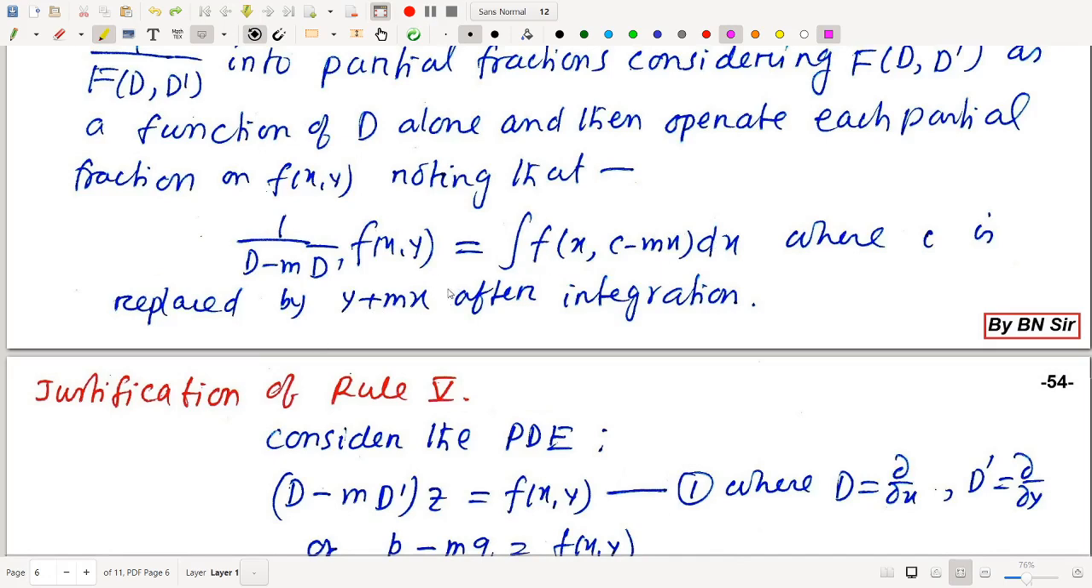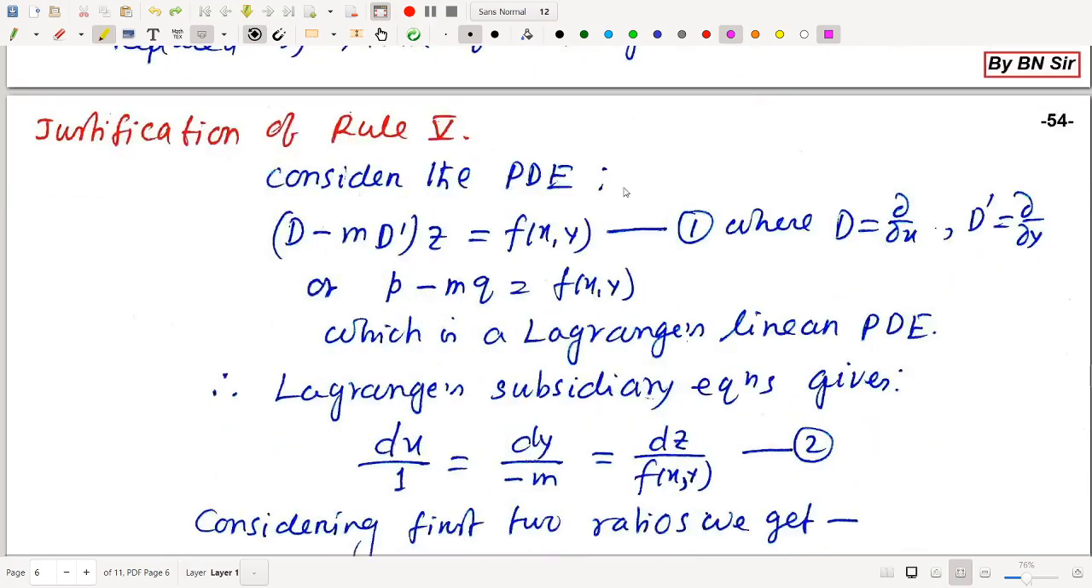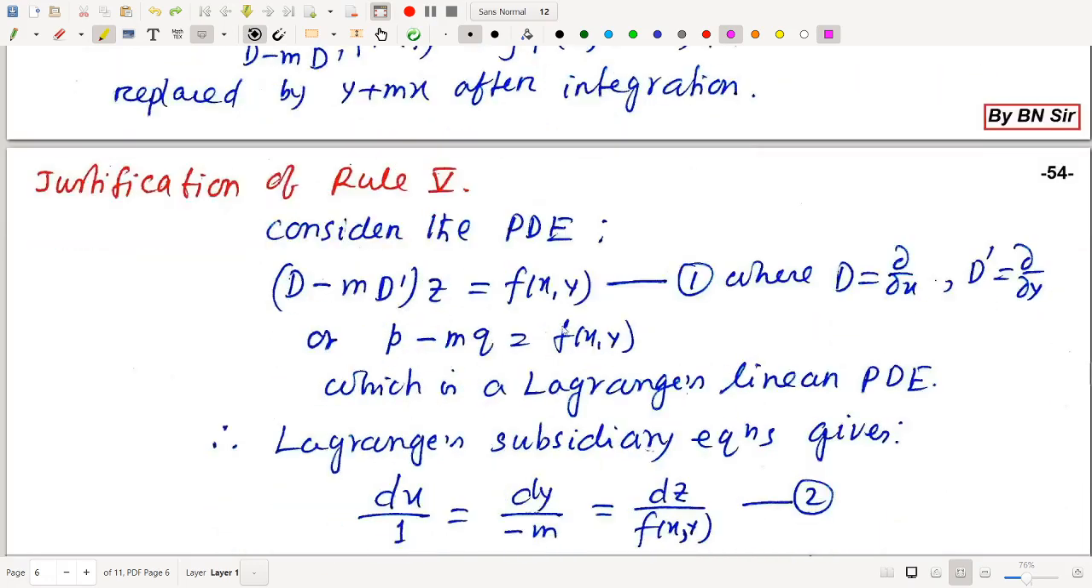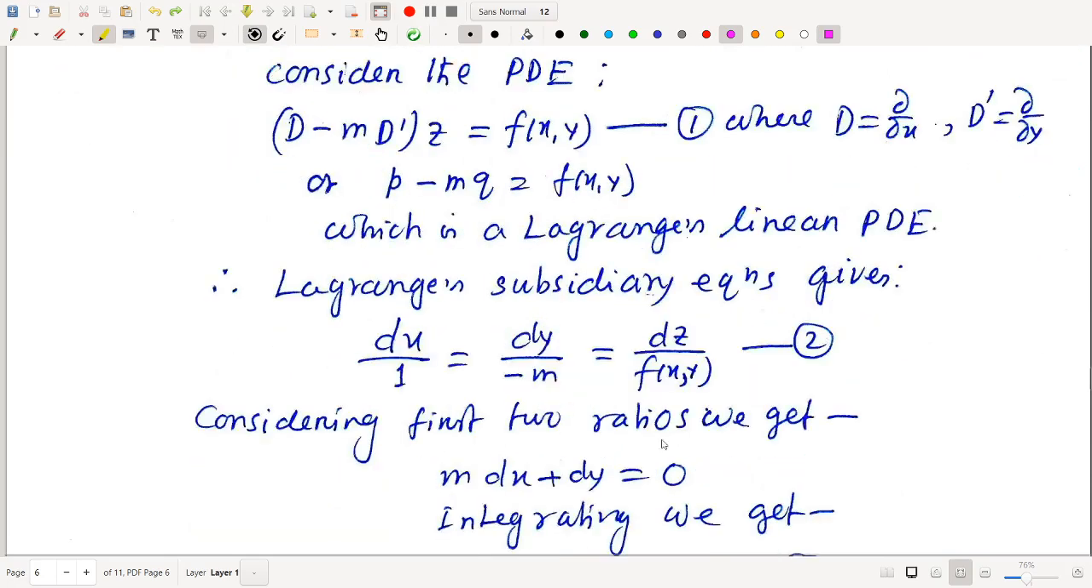Let us see its proof first. Justification of rule 5. Consider the PDE (D minus mD')z equal to f(x,y). See, here it is the particular integral. If this is the PDE, then the particular integral will be 1 by (D minus mD') f(x,y). So we have to find the particular integral of this equation. So this PDE is considered, where D means del by del x, D' means del by del y, we know. So it is p minus mq equal to f(x,y),